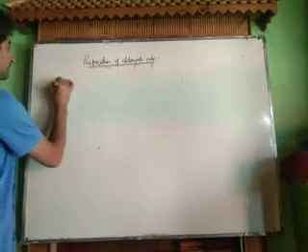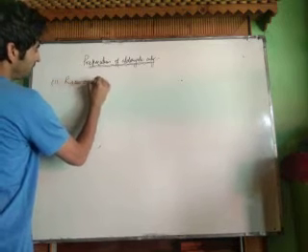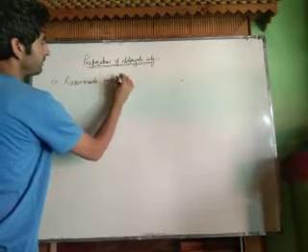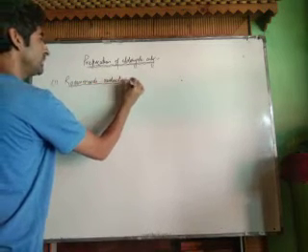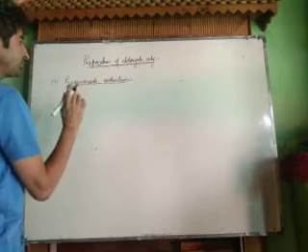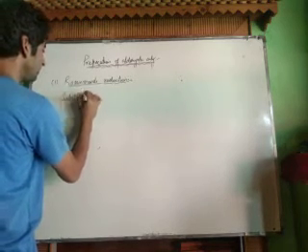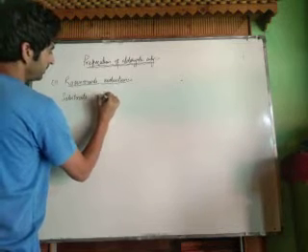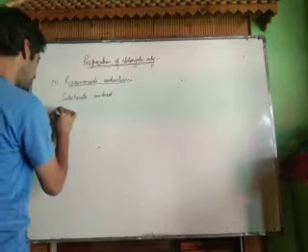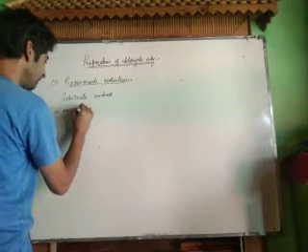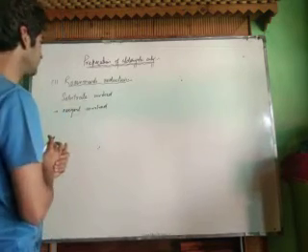Now let us take first a method, that's Rosenmund reduction. Since it's a name reaction, that's why it's important. I have told you, whenever you study any name reaction, make notes like this. First write down the substrate involved. What are the substrates that are involved in the name reaction? Then write the reagents involved. What are the reagents that are involved in the name reaction?